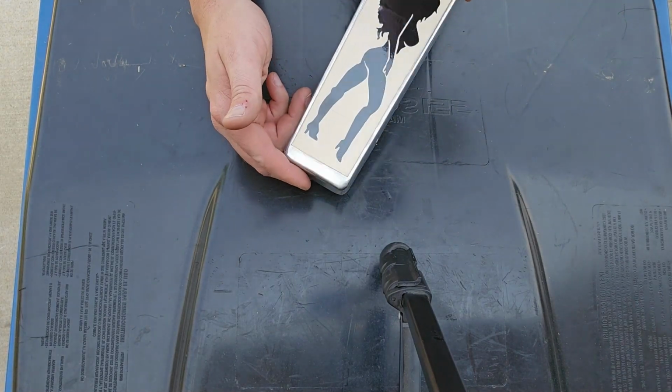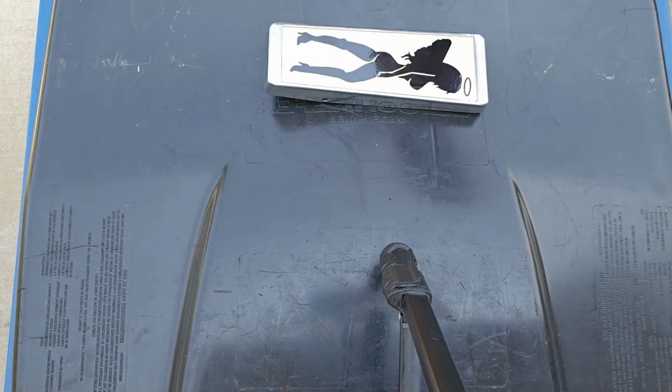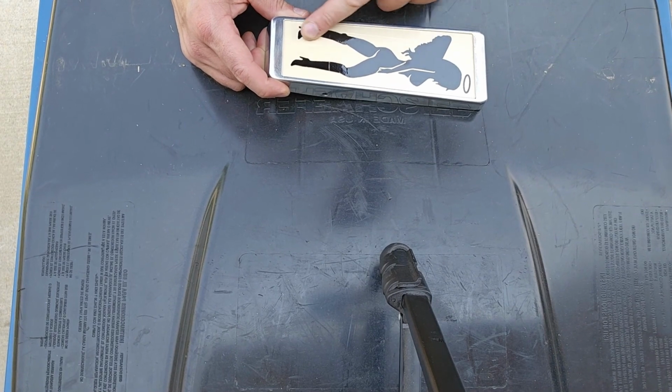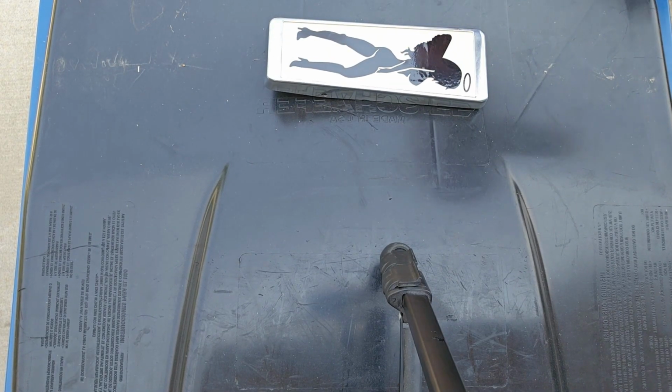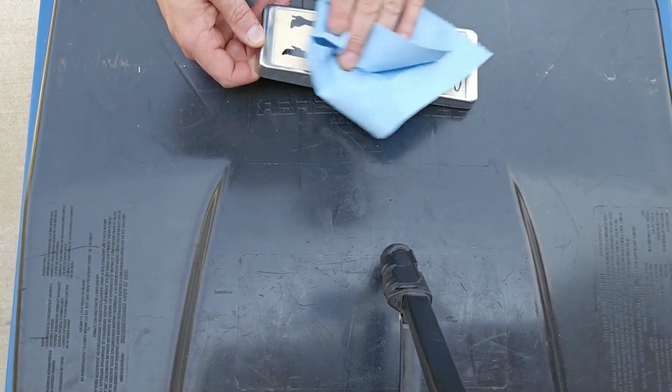I got this vinyl sticker. I've got a pair of them. One's an angel, one's a devil. I just thought it would look cool, and I think what I'm going to do is take the top part off my Buddha wah pedal and make that the devil one. So there'll be volume and wah. I don't know which is which by that. And also the base color is purple on the Buddha wah, and this one's going to be that